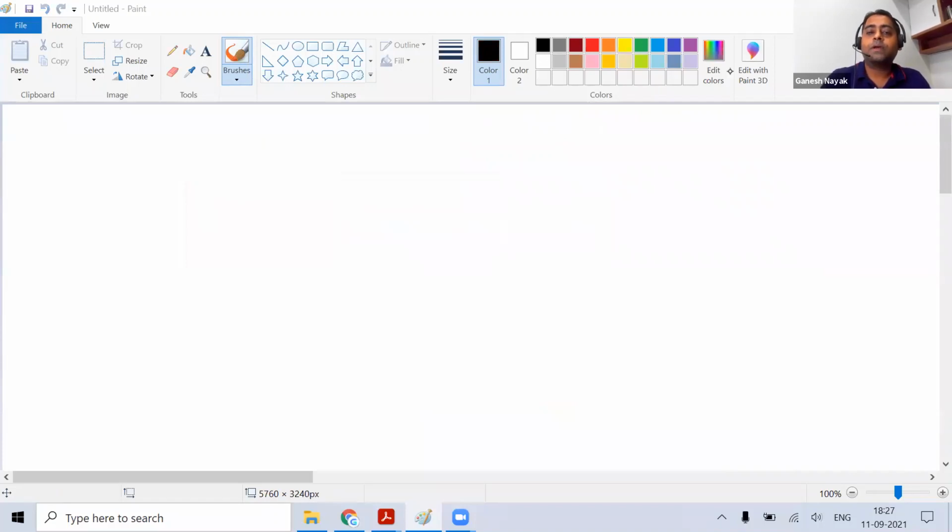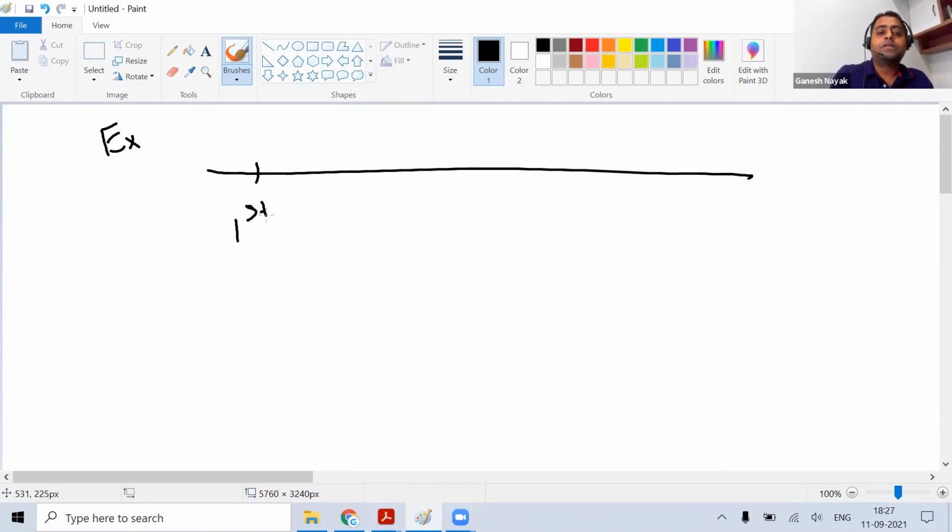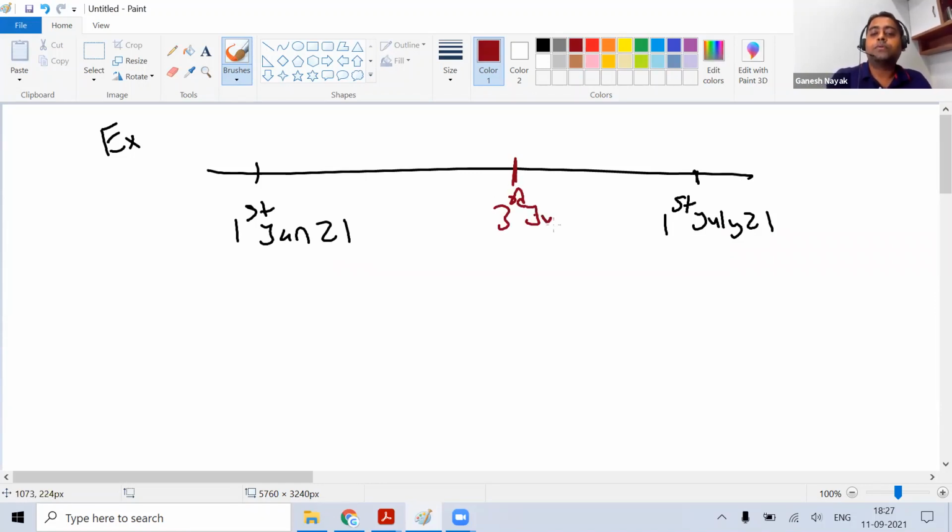Right, Bhargav? So we are giving an example. Suppose the coupon paying dates are 1st January 2021 and 1st July 2021. Now you are standing on 3rd of June. The coupons that you get is around $10. And the bond that we are looking at, first we'll have to calculate using a T